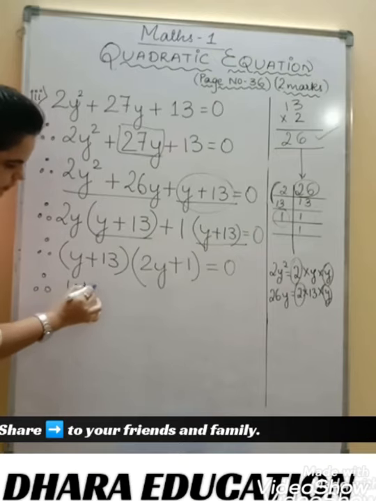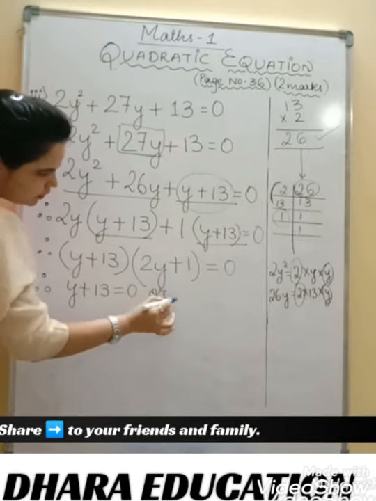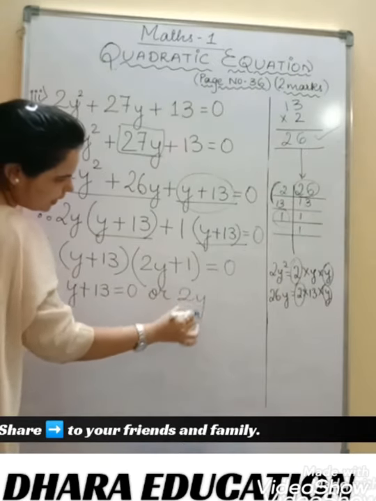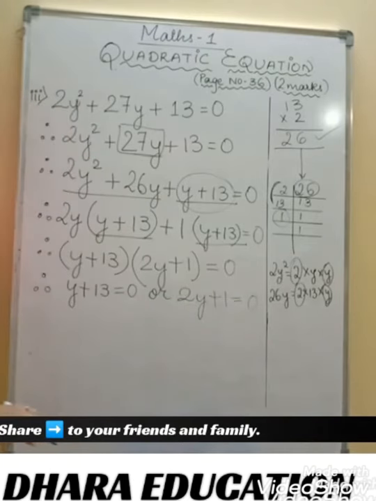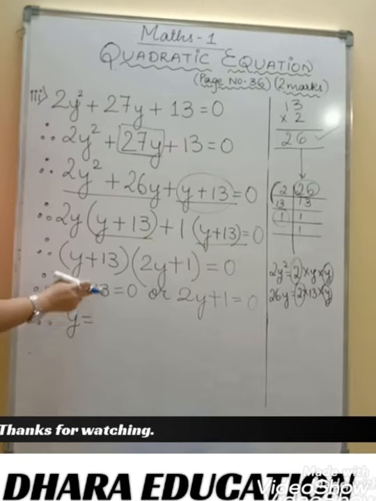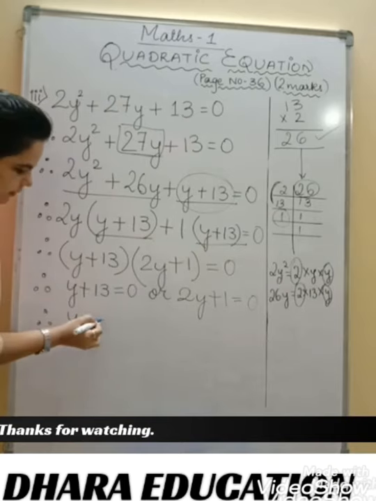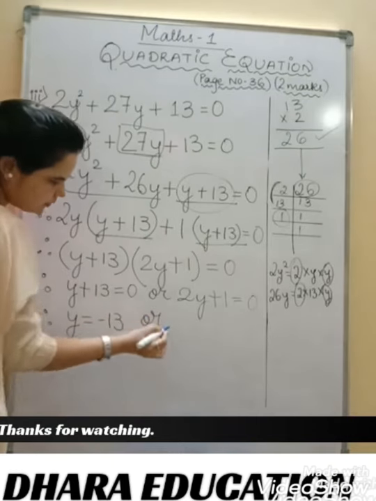y plus 13 is equal to 0, or 2y plus 1 is equal to 0. Next step, y is equal to, this is plus 13. When it is shifted over here, it will be minus 13. Exactly, minus 13. Or